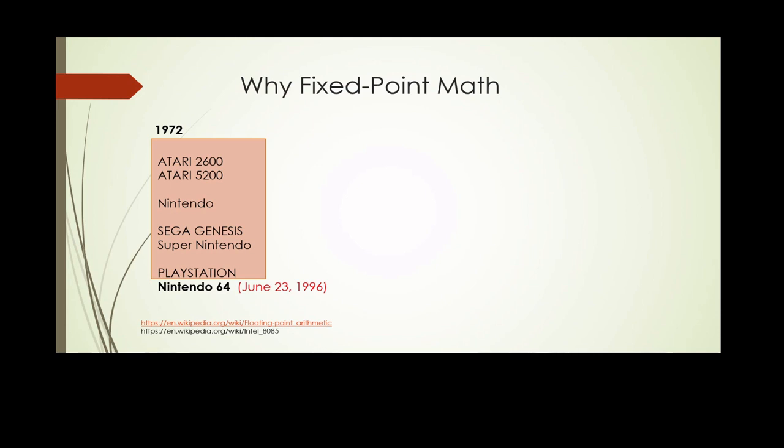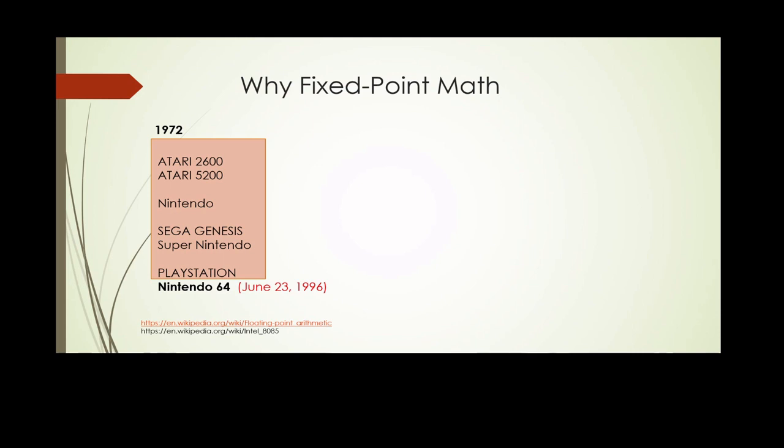So, I would look at two specific examples. One is our gaming consoles, and the gaming consoles started in the year 1972. You're probably aware of lots of different gaming consoles, starting with Ataris, then Nintendos, Segas, Super Nintendos, PlayStations, all the way up to the year 1996 when Nintendo 64 or N64 came out. The nice thing was that all the way up to this point, every game that you see here built on these earlier